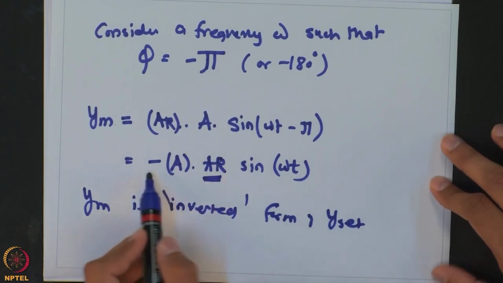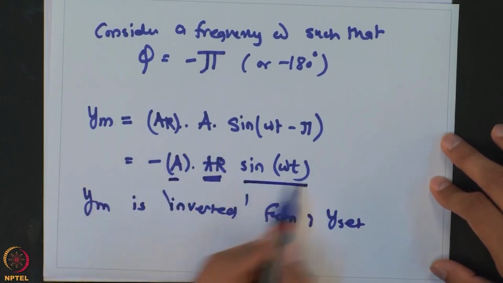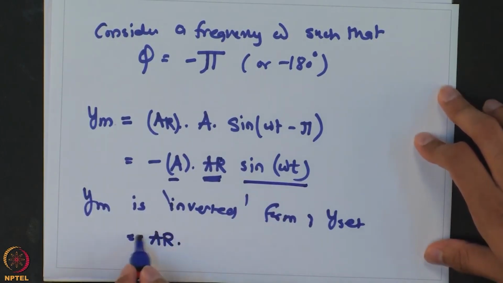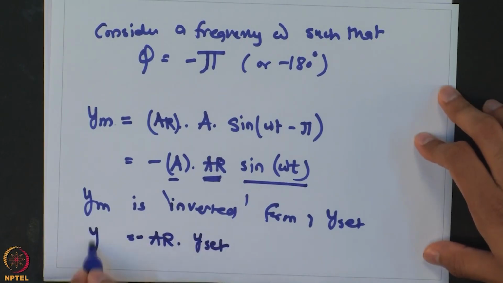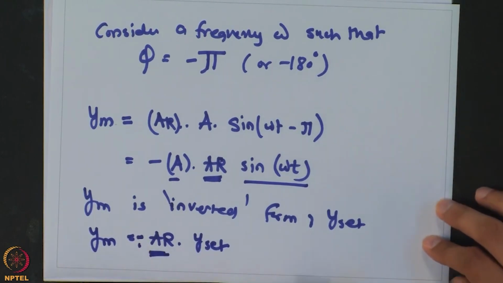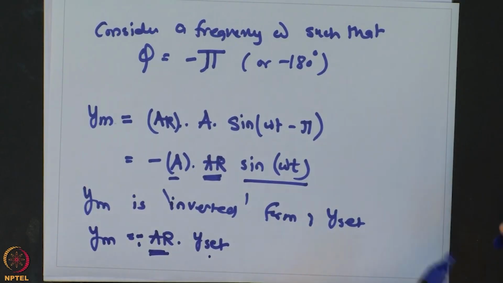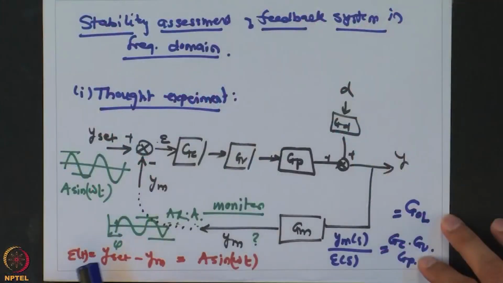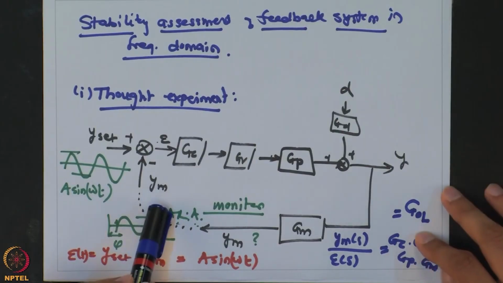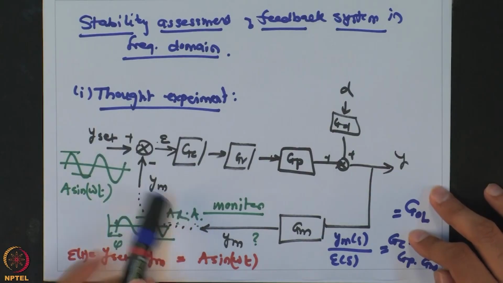if you look at overall signal the y, this is equal to y set. So, this is actually minus AR times y set. That is why I said it is inverted, because there is a minus sign, there is a gain of AR, or otherwise it looks very much like y set. So, now coming back to our thought experiment, now let us see that we have this particular frequency omega at which phase is minus pi. So, that this is minus of AR times y set, and whenever you have that, we have found